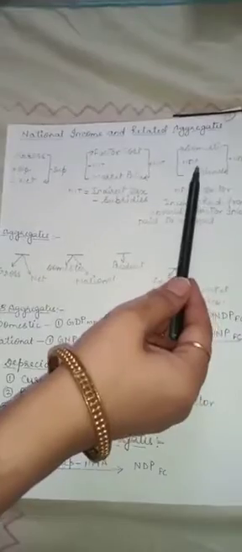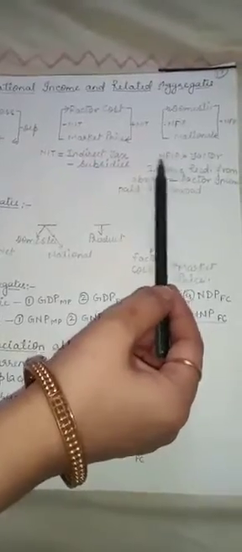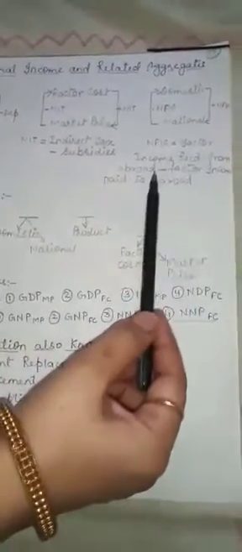Now the third formula was domestic income. When net factor income from abroad is added to domestic income, we will get the national income. And if we deduct NFIA from national income, we will get domestic income. NFIA means net factor income from abroad. The formula for finding this was factor income received from abroad minus factor income paid to abroad. So with the help of this formula, we may find out NFIA.